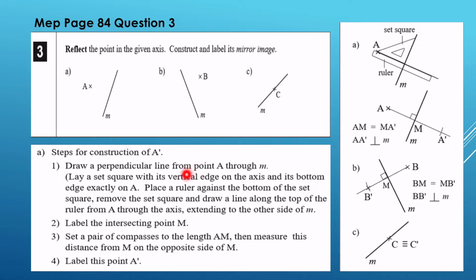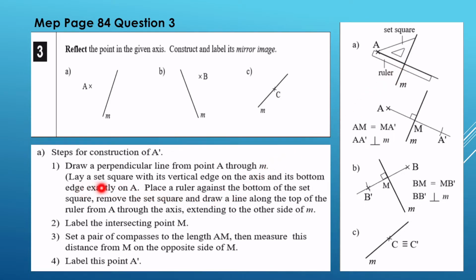What do we have to do? Draw a perpendicular line from A through M. Using this set square, you should always have your geometry set while working on these pages. So, using the set square, draw a perpendicular line from point A to line M. And then,